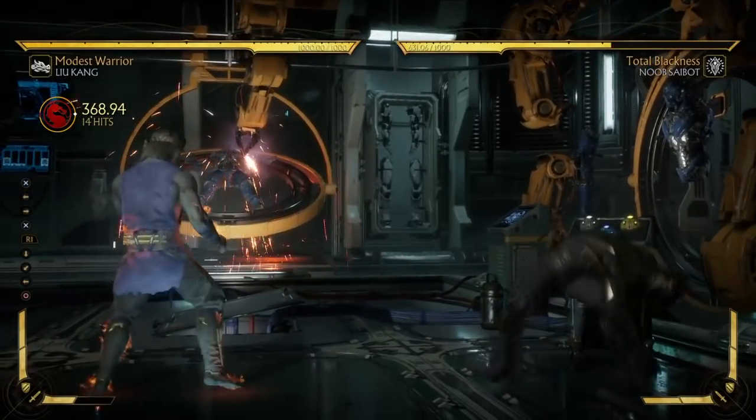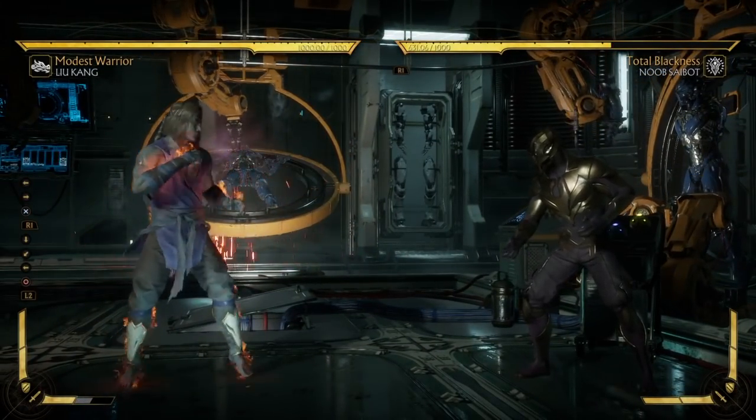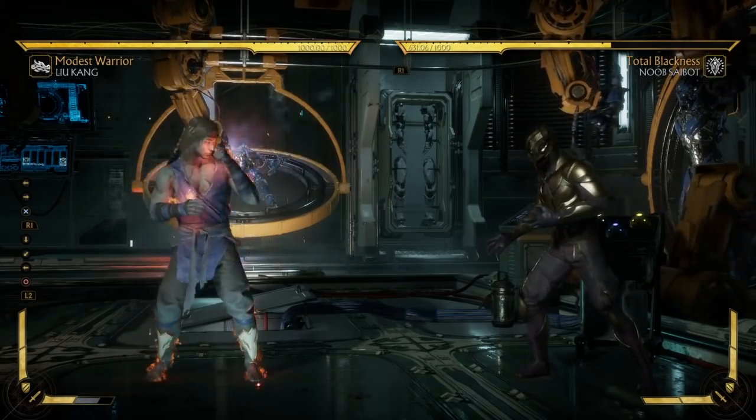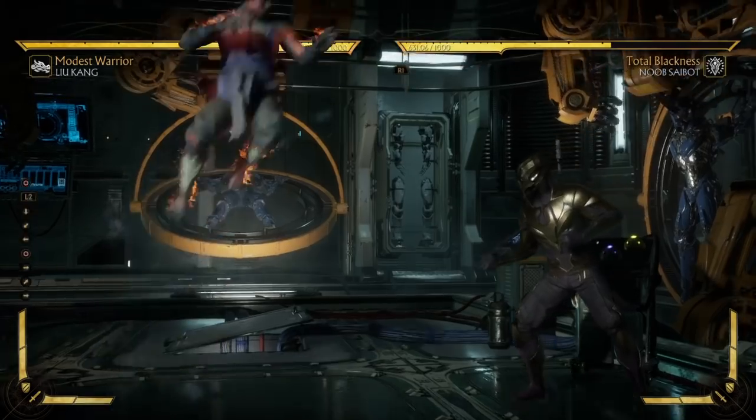Now he's in the corner, and you got a damage buff right there. And that was 368, mind you, 368. So no matter what you do, you're gonna always hit hard. Let's say make the same read again, right? Fireball in the corner, you jump,